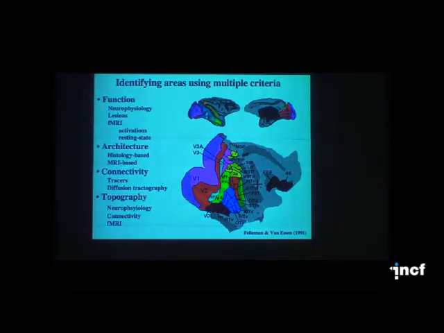So, the parcellation of the cerebral cortex in monkeys and other species has been done for more than a century by a variety of methods: functional, architectonic, connectivity, and topography. And within each of these broad approaches, there are multiple modalities that provide critical information.